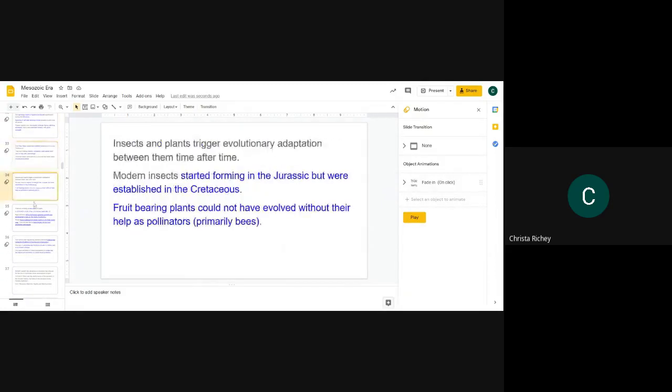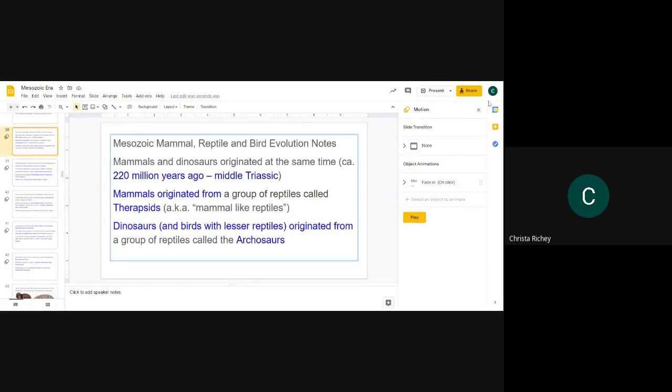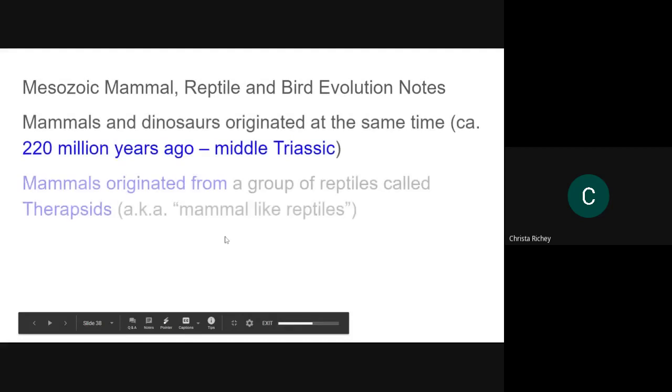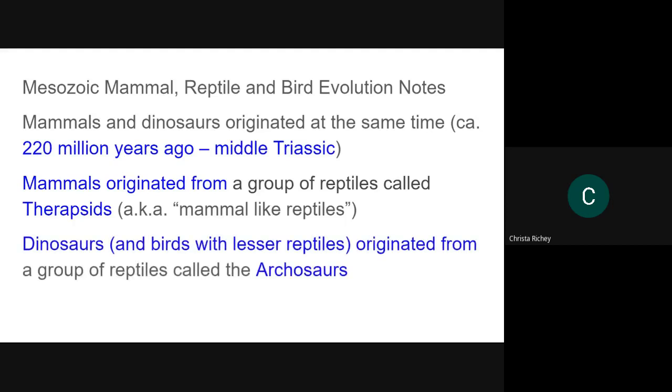That was yesterday. Yesterday, we ended with the fact that we're in the middle of a sixth extinction as far as insects are concerned, particularly the honeybee. But what we're focusing on today is, I probably should have done each one of these individually, but I really wanted to stop the messes I was doing right before spring break. That way you're free from me for all of spring break.